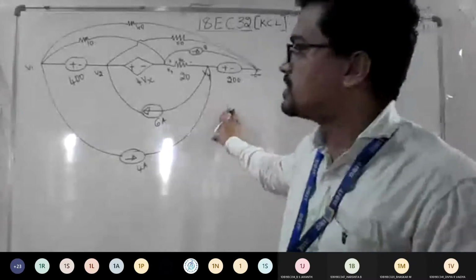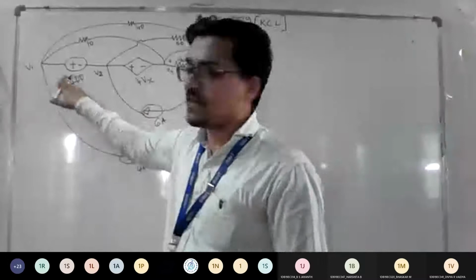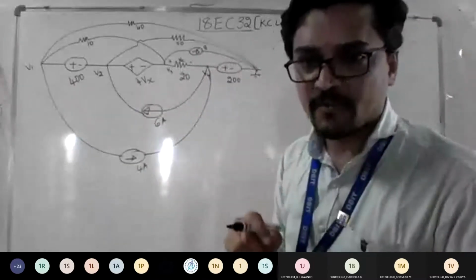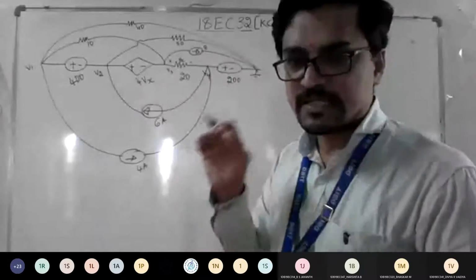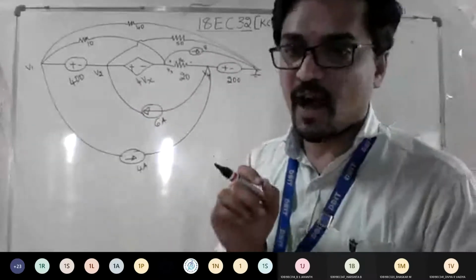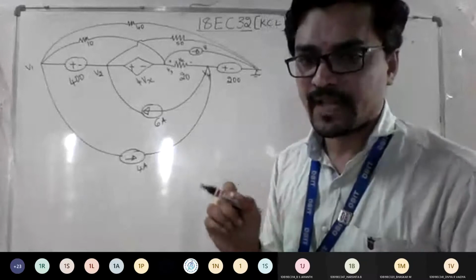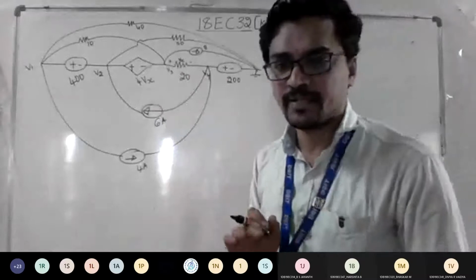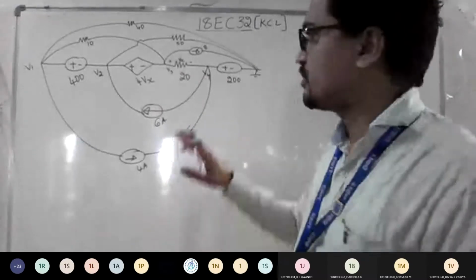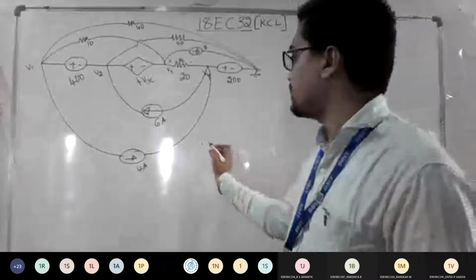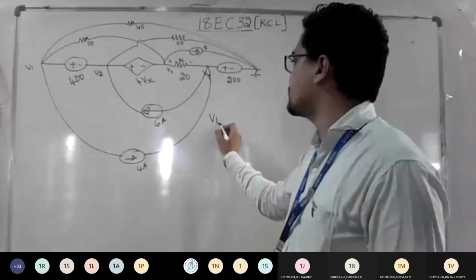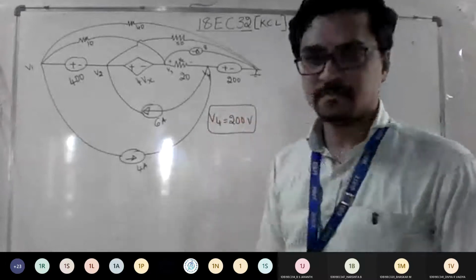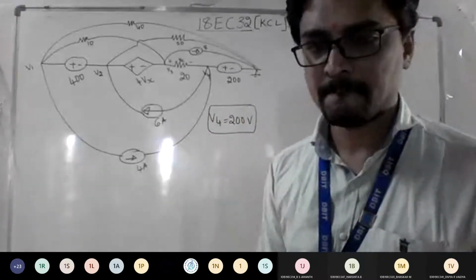Okay. So by looking at this, you told me that a supernode exists between V1 and V2 and a supernode exists between V2 and V3. I told you, irrespective of dependent source or independent source, stick to the procedure. If there is an ideal voltage source between V1 and V2, or n number of nodes, straight away we can go with the supernode concept. Fine. So from this diagram, straight away we can write the first answer: V4 is equal to 200 volts. Any doubts anyone till here? Is it fine till here?